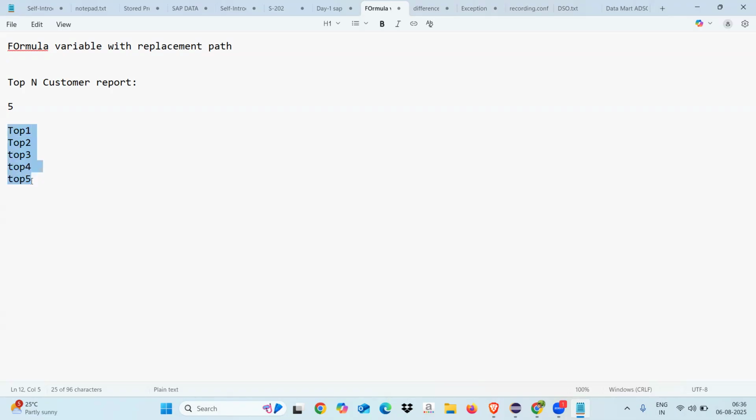This is top 5. If you give top 10, it has to display only what you are entering, 10 or 5 or 3, like that. Like this you have to get the report. Top 6, top 7, top 8. So like this you will get it for the top 10 customer report. If you get a requirement like this, you need to create the